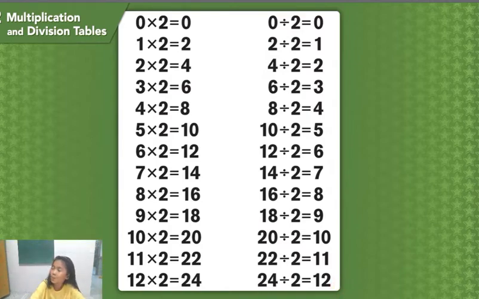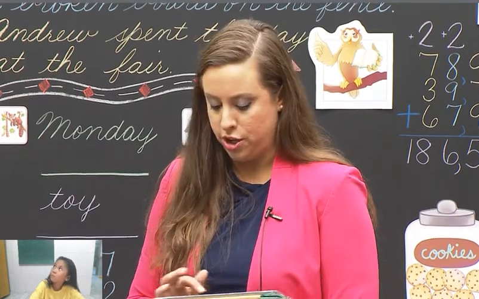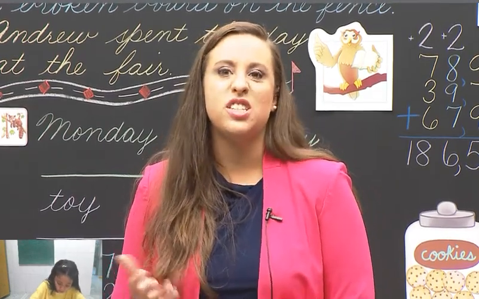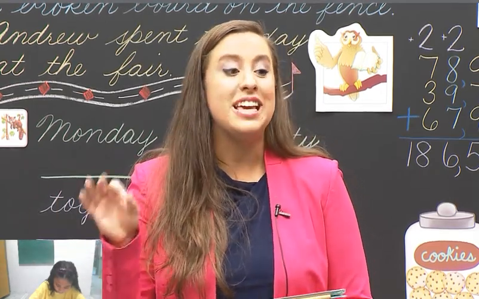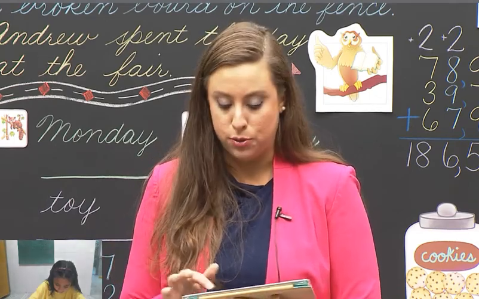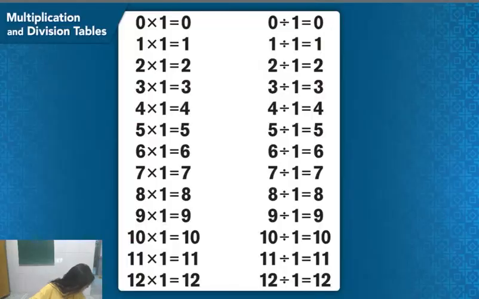Now we put all of these into 2 equal groups. But what if we only had 1 cookie jar? What if we were just going to take the number and divide it into 1? Well, it would be the exact number of groups as we started with. So if we have no cookies, we can't even put them into 1 cookie jar, so the answer would still